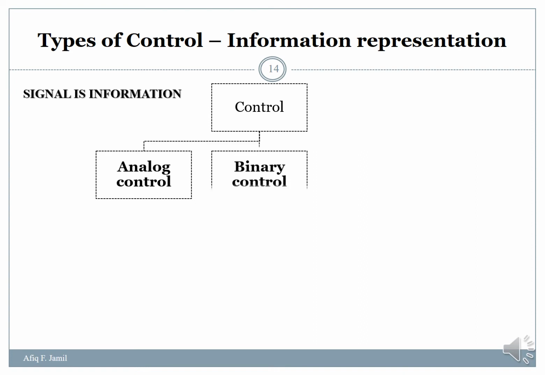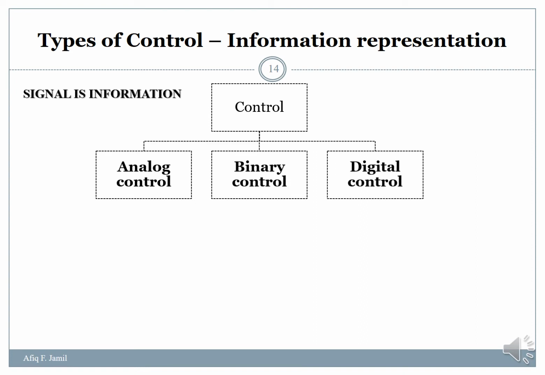In a control system, the signals are actually information. This information can be represented in three forms. Number one, in analog form; number two, in binary form; number three, in digital form. If you take a voltage against time sheet, whereby the voltage is the information,